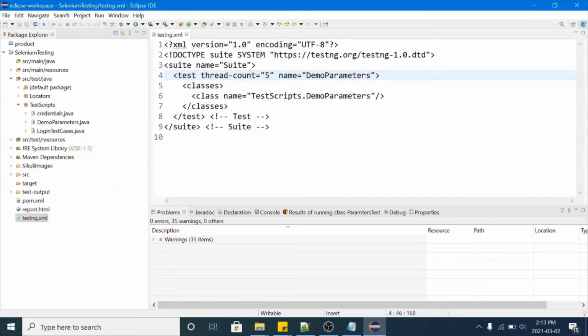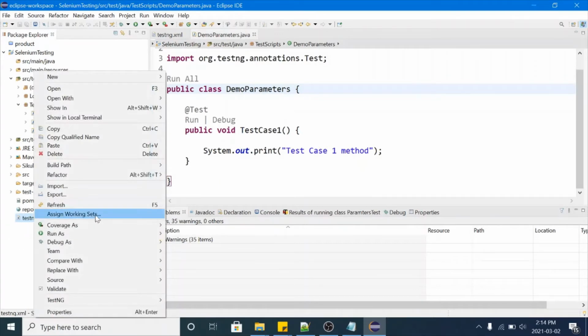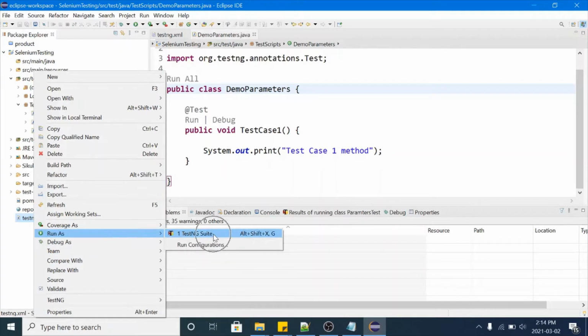Okay, in that we are having classes. Okay, we are having class name test scripts dot demo scripts. Now in this file we are having one test case. Let's first verify whether testng.xml is created successfully and it has all the valid configuration. So we will try to execute this test case via testng.xml file. Okay, so right click on this file and click on run as test suite.